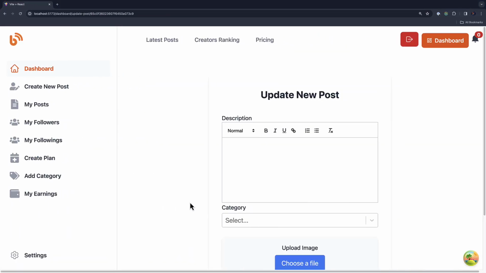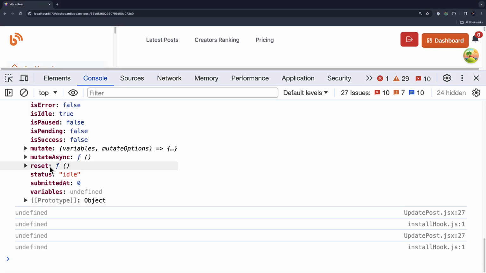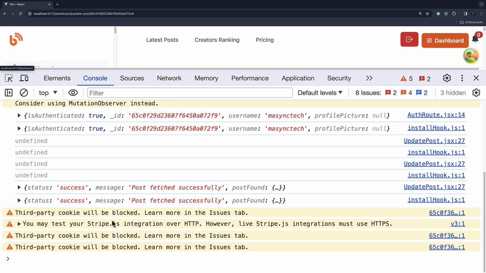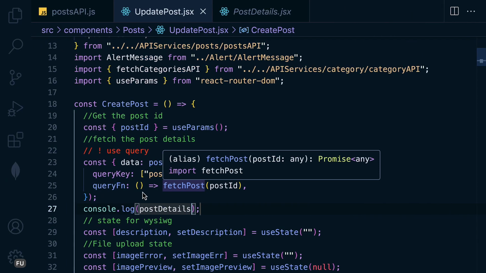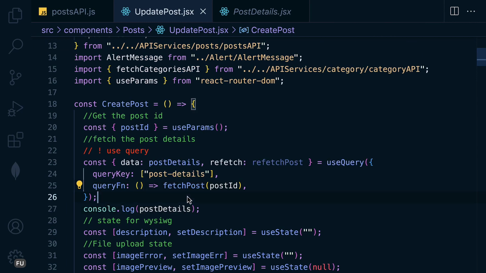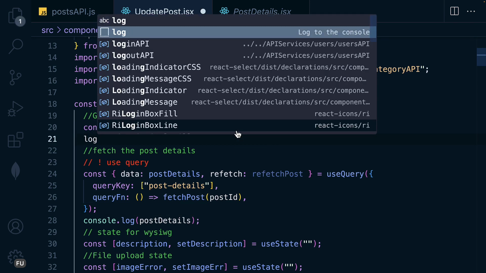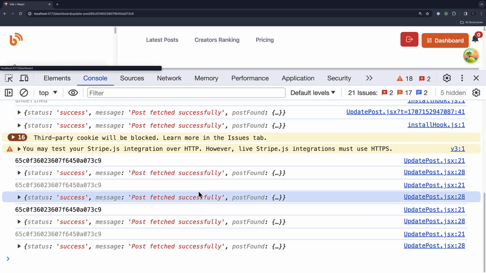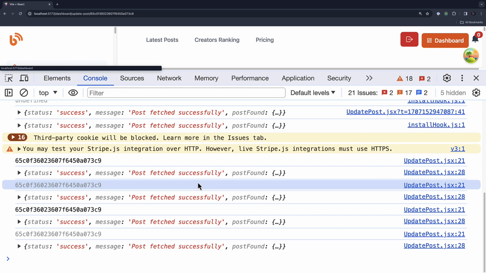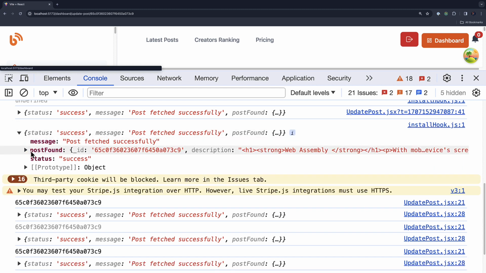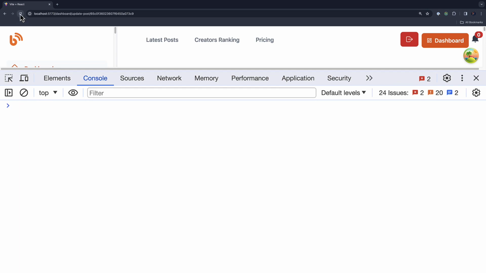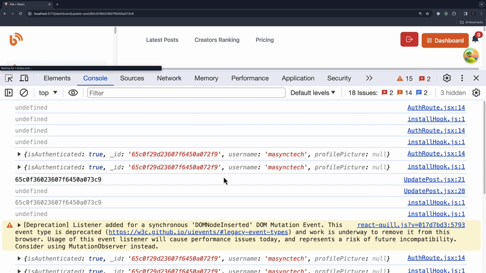Let's see, and we have it as, no, we don't have it. Let me check. Yeah, it is undefined. Well, let me log the post ID here, line number 21. We have it though. Let me try again. Yeah, I think we have it here. Yeah, post found. Yeah, this one, we got it. So let me try again. I think we have so many console logs. Let me remove from the off route here